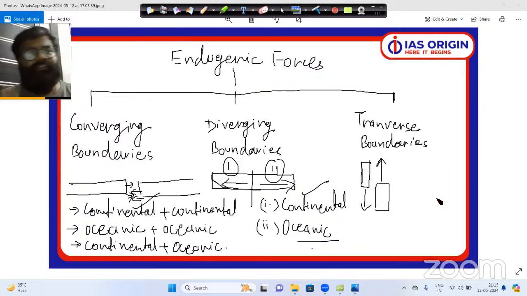But the physical features which are built by the converging boundaries or by the endogenic forces are being eroded, or weathering or erosion is done by the erosional agents. For example, river is one of the major agents of erosional forces. Let's say this hand of mine is a slope of the Himalaya mountain here. Now, if these two fingers are the Ganga River, so the Ganga River is originating from the Himalaya. So this Ganga River will have two different banks,